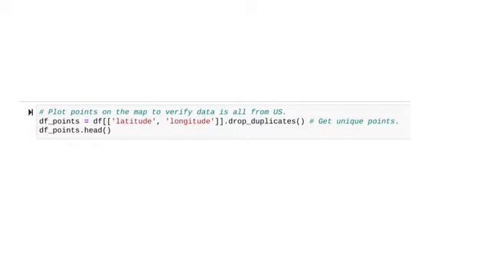To do that, we'll first create a new data frame that removes all the duplicate values. We'll type df_points equals df, then latitude and longitude in double brackets. Following that, we'll add .drop_duplicates.